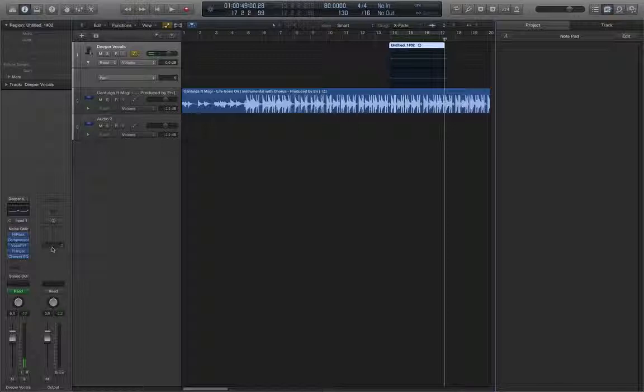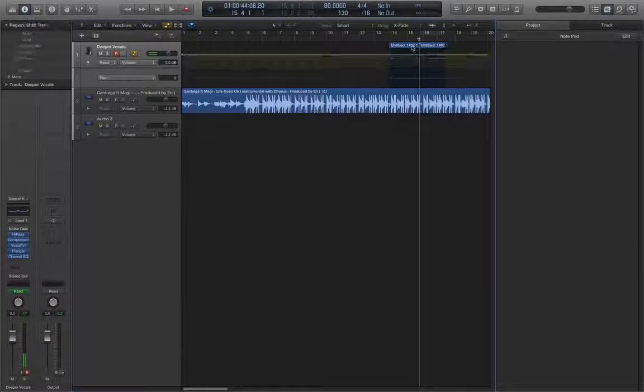What else? Oh yeah, if you want to edit your audio, like this guy right here, say you want to cut it in half or something, you go Command T or Windows T, Control T, whatever you got. You want to glue them, you can use your glue tool, or you can just Shift click,